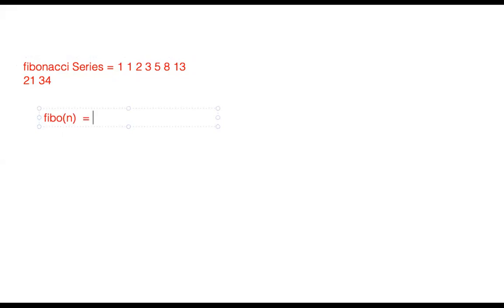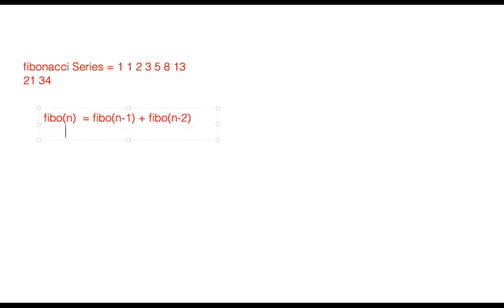Fibo of n can be calculated as the addition of the previous two numbers: Fibo of n minus 1 plus Fibo of n minus 2.